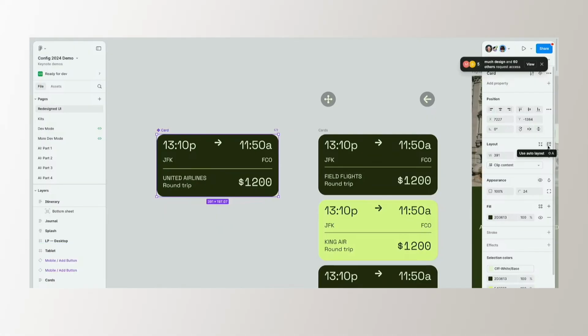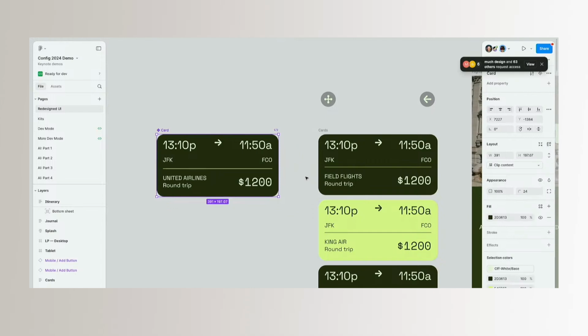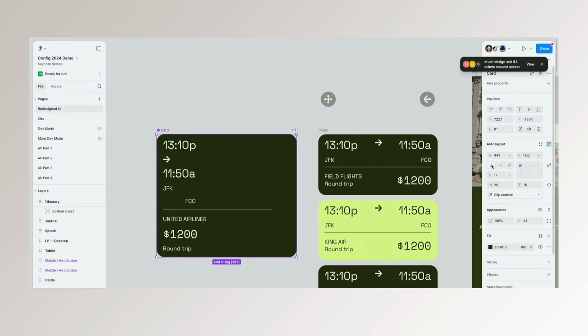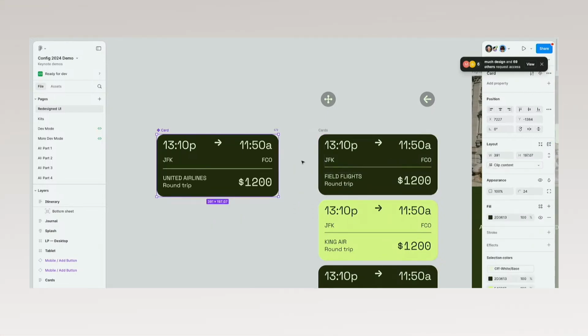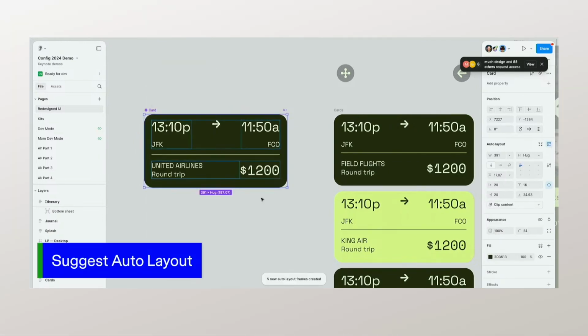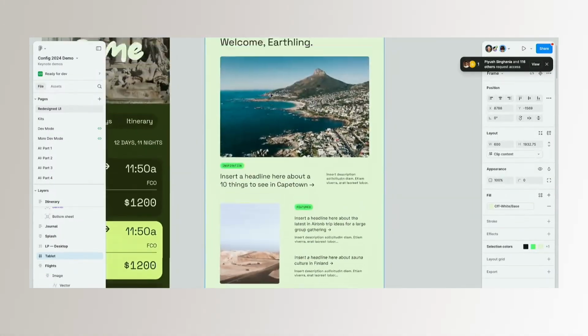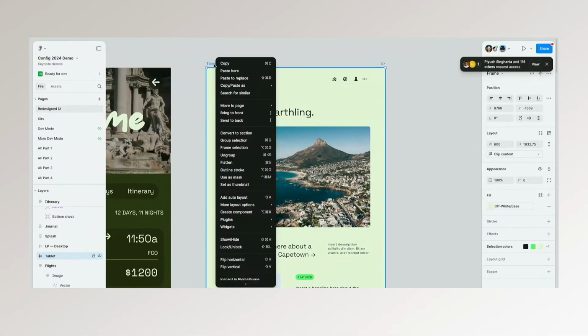The next update focuses on auto layout. For those who find certain components with auto layout challenging, Figma has introduced the auto layout suggestion feature. Simply right-click on your components, like cards, and choose the option to suggest a frame structure for making them responsive. This feature also works for larger design parts, such as complete pages, though accuracy may vary